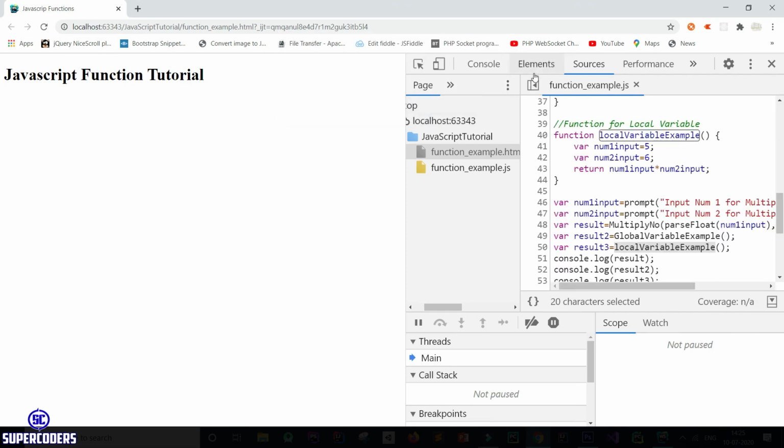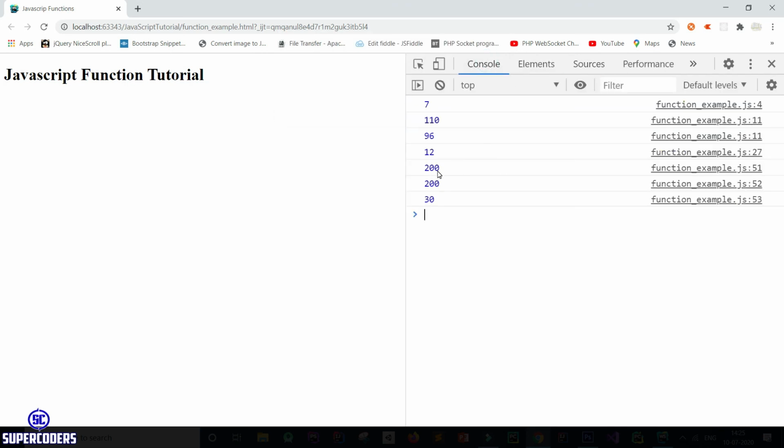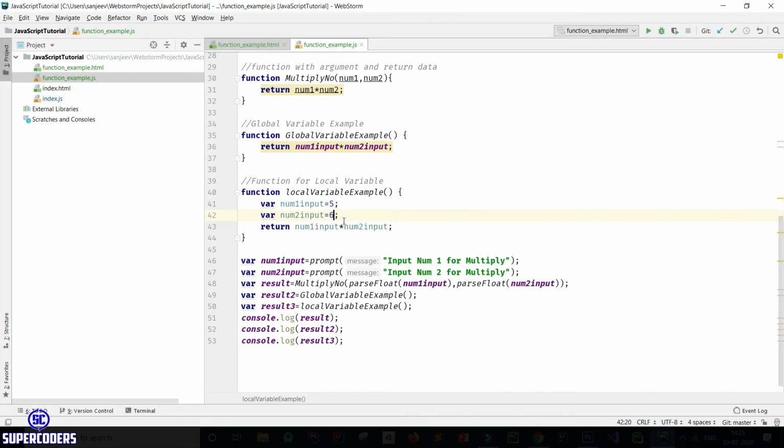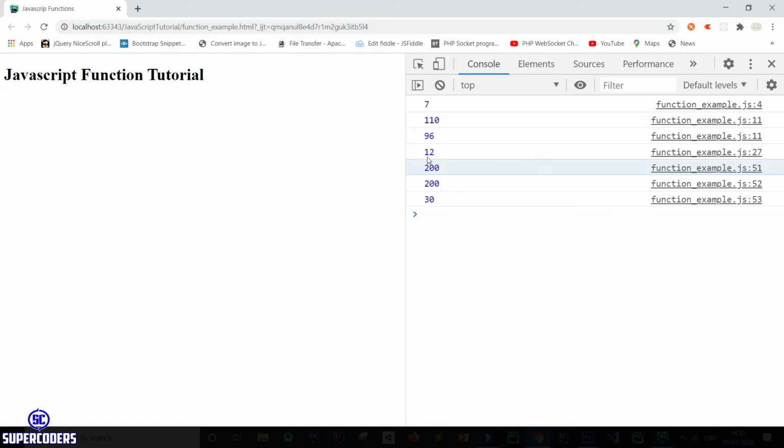Now let's see again, and you can see 200 is for the example of argument data, and the example of global variable, and the example of local variable function. So it's showing the correct result, 6 times 5 is 30, which is our output result. So this is the example of a local variable.